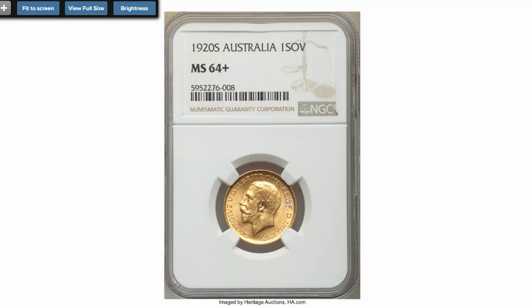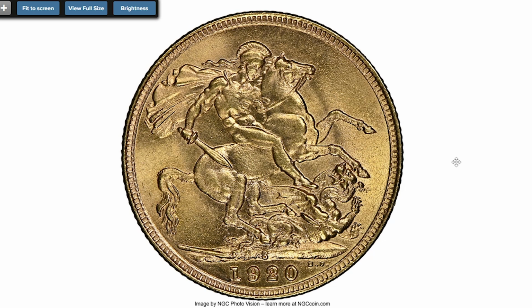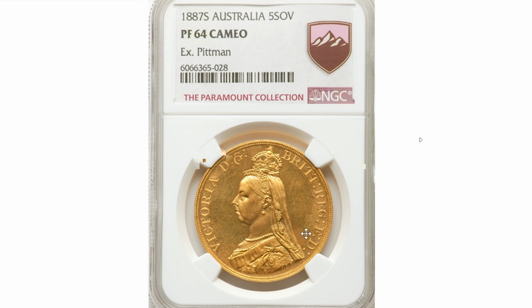$384,000. Here is the 1920s George V sovereign at finest Mint State, that's MS64+, the undisputed king of the Australian sovereign series, even within a collection as jam-packed with extreme rarities as presented here, with a total of just 6 known examples. Sold on May 5, 2022 for $552,000. And for the last, top of the pop, Australian gold proof 5 pounds, minted in 1887